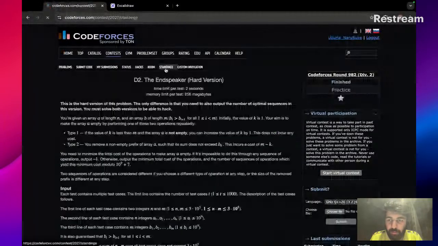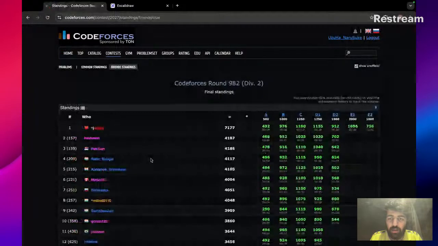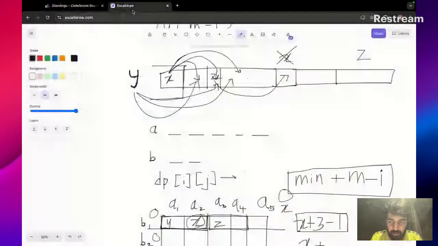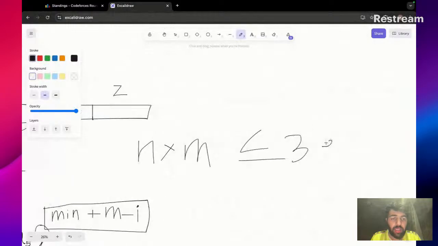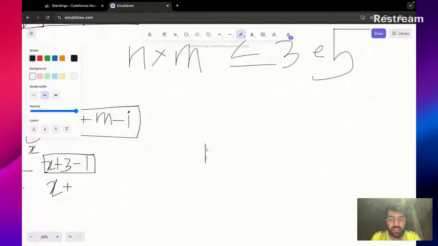How did it not get TLE, it has 3 loops? Because of the constraints, the third loop is n cross m, which is less than or equal to 3e5. It is not going n cube. No, binary search. My solution is n cross m times log n. Are you talking about the Jiangli solution? In that solution, the thing is,